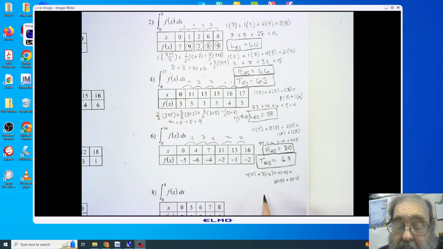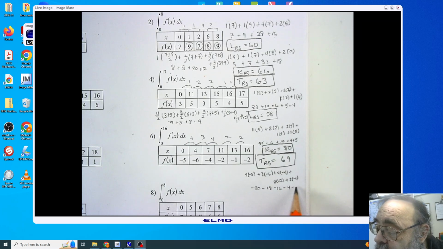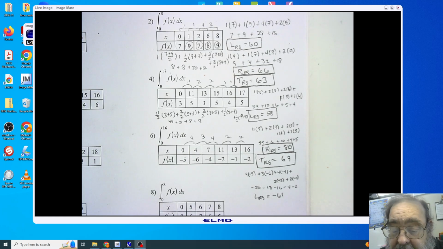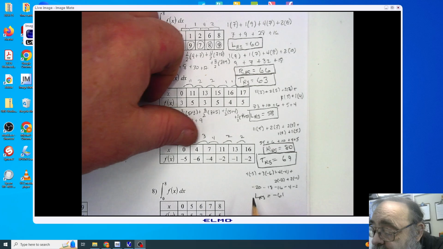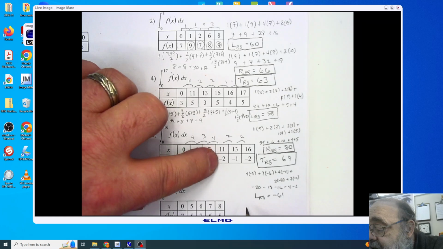I'm going to add all of those together. You'll notice we get -20, -18, -16, -4, -2, and you should end up with -61 for your left Riemann sum. To do your right Riemann sum, you're now following the same pattern, but now you're using -6, -4, -2,